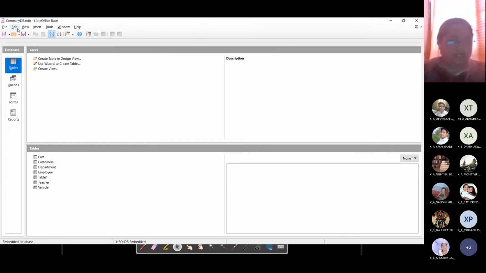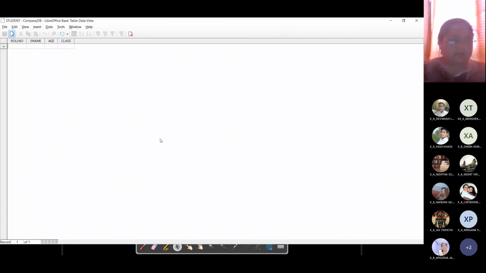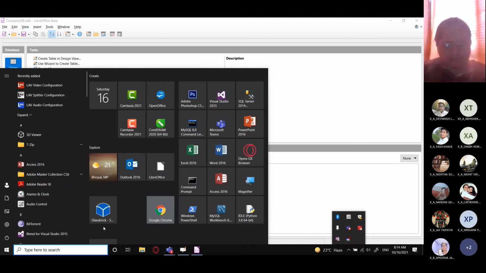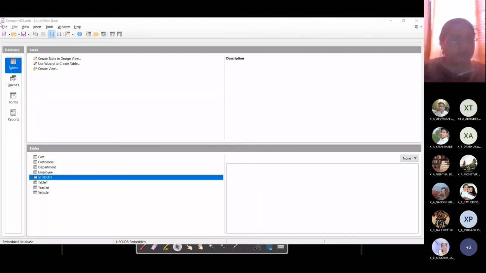But to see the effects of the command, we need to save it, and we need to close this database, and we need to open it once again. So here you can see the student table is there. If I double click on it, it will open it for editing. Previously you might have noticed something, that when I was double clicking on student for entering data,